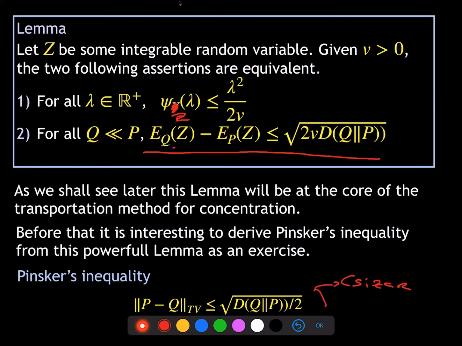In fact, the proof that this inequality holds true with this constant 1/2 is due to Imre Csiszár. And it's quite an intricate proof, which uses real analysis in a very clever way. And we shall see a very, very easy proof just by using the lemma. So we shall see this in a moment, but first, let us see that the lemma holds true. So the lemma just stated here gives you a characterization of sub-Gaussianity in terms of this inequality here. So let's see that it is true.